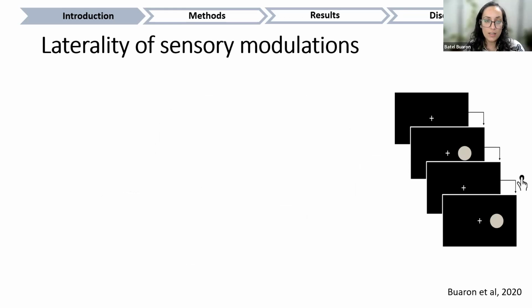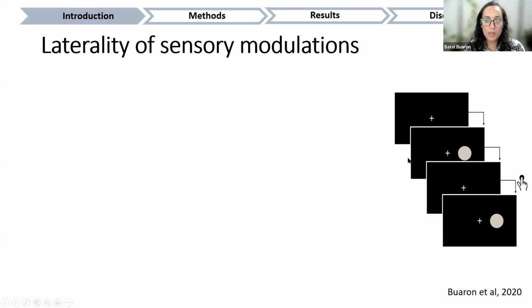So we previously found evidence for this phenomenon. For example, in the visual modality, we ask participants to compare two visual stimuli, either experienced passively or triggered actively by a button press, and we ask them to report which stimulus is brighter. If we want to quantify the perceptual modulation of this stimulus, we want to examine the tendency of them to choose one stimulus over the other, either the active as brighter or the passive as brighter.